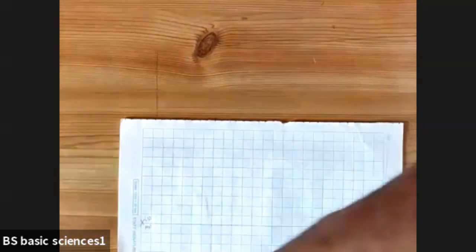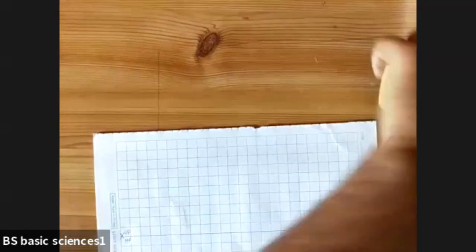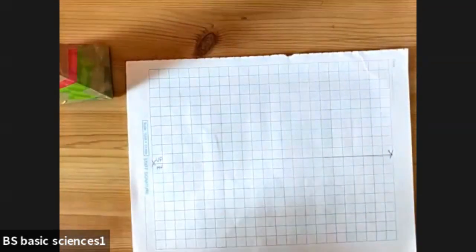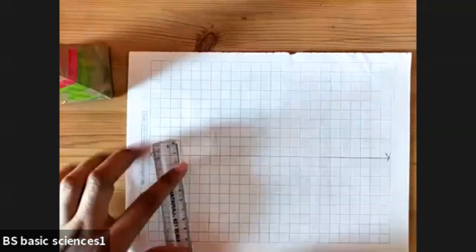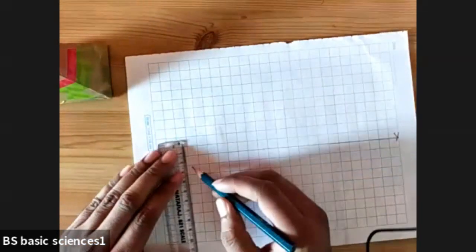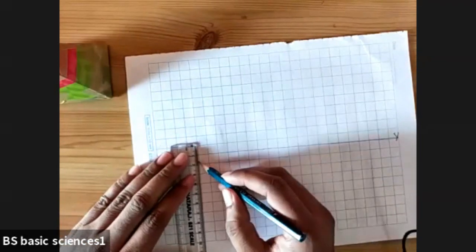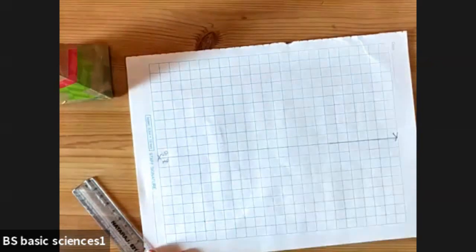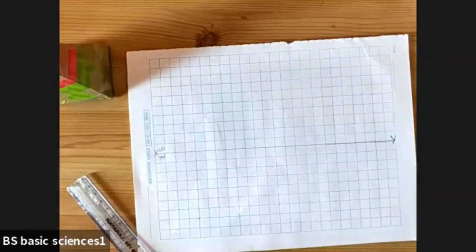You will directly go to the problem. The problem says a square pyramid of side 35 mm is placed on HP with one of the slant edge. If it has to be slant edge, the first condition should be with respect to your corner. Draw a square pyramid with respect to corner. First you draw the diagonal. Keep your protractor at any one particular point. You'll be drawing a square pyramid with respect to one of the corner.